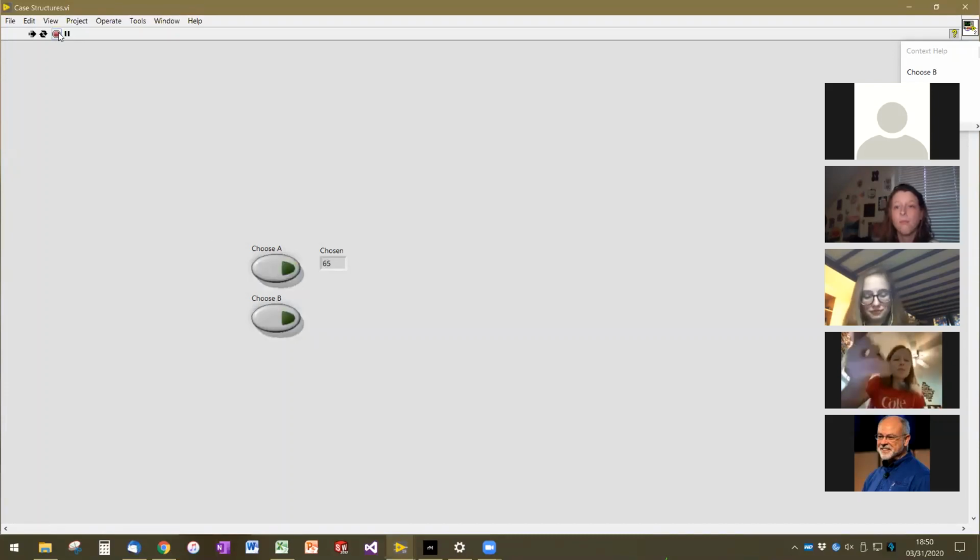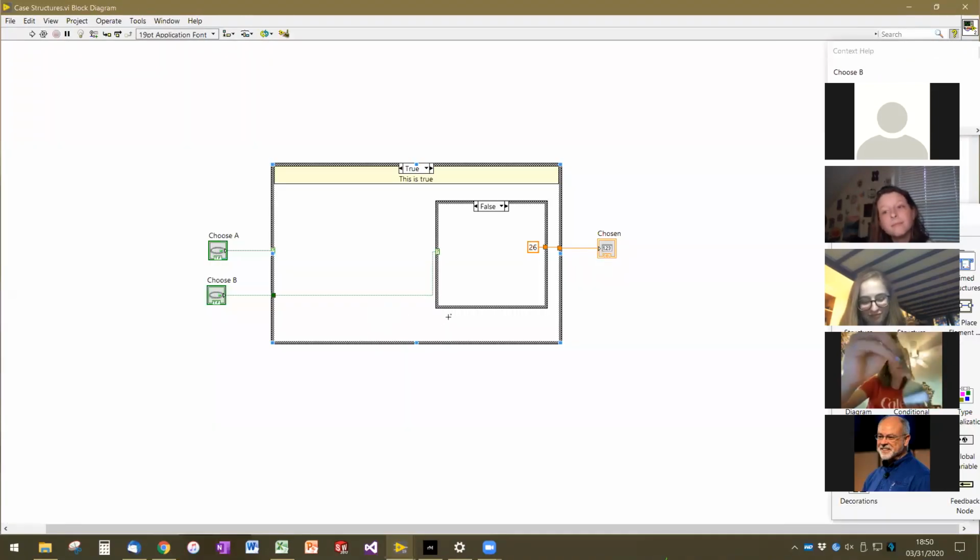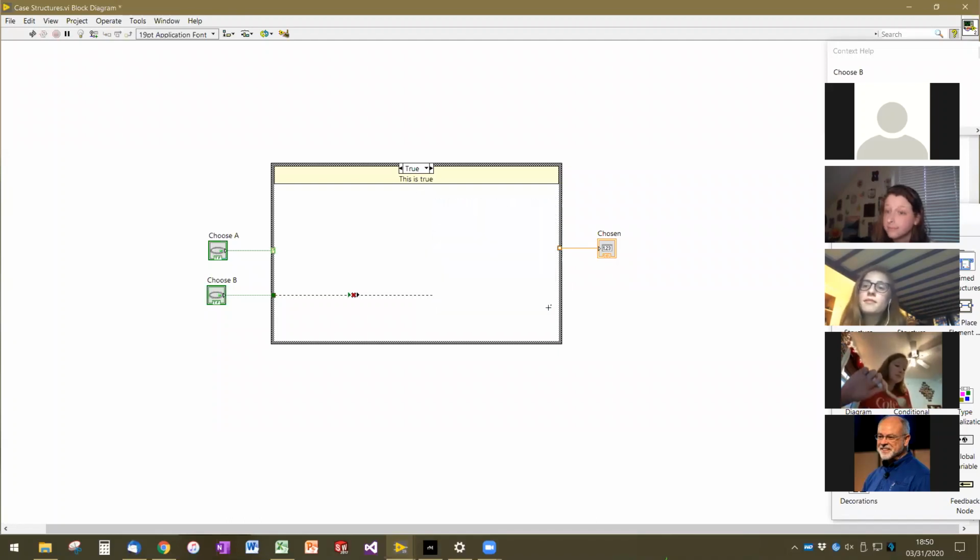But it has a similar problem too, which is that this gets really inconvenient pretty fast. If you've got a whole bunch of cases that you want to do, nesting these is not necessarily the best idea. So the other thing that you can do